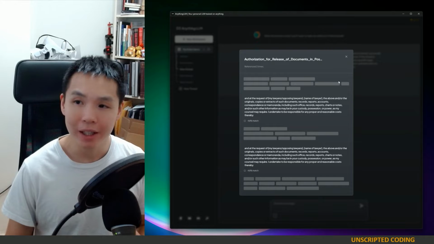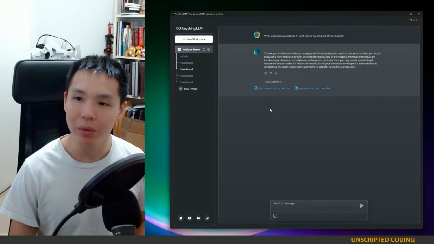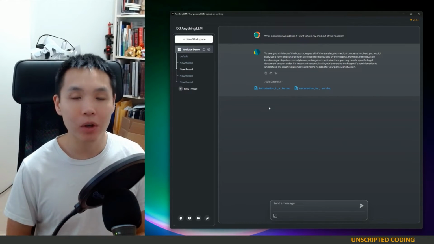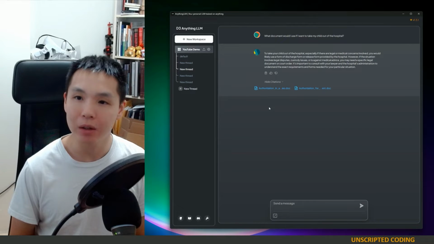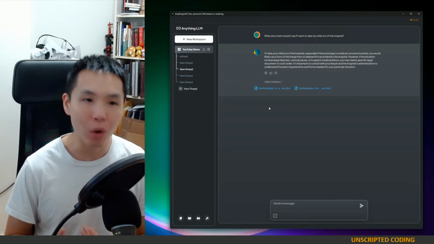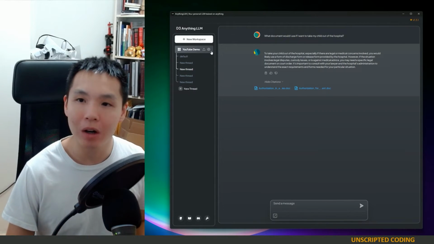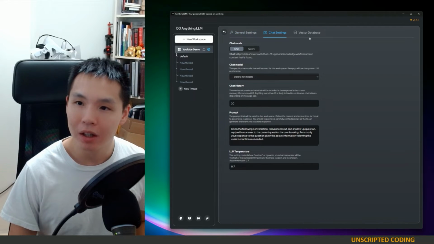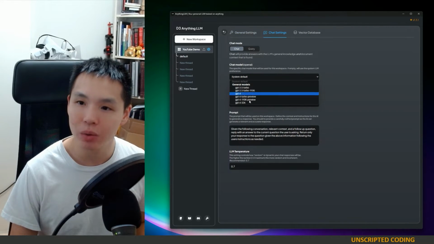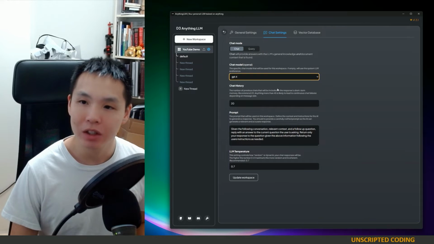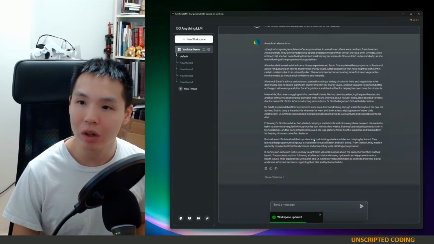Long story short, it just wasn't working very well. And it doesn't surprise me. I am using Phi, which is a very small, poor model. But I also took the time to actually switch into GPT. So if I use GPT-4 here and try one more time,